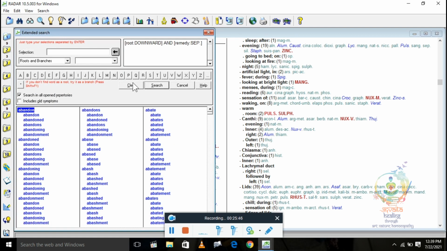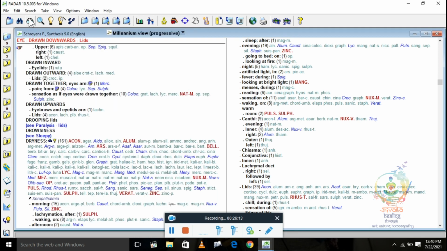So it is showing all the rubrics with the word downward which are covered by sepia, like that. I have told you, search in all repertories which are open. So this is what the extended search option means.